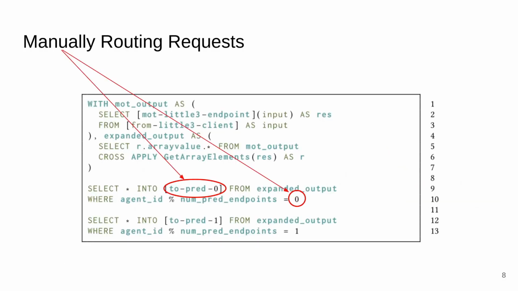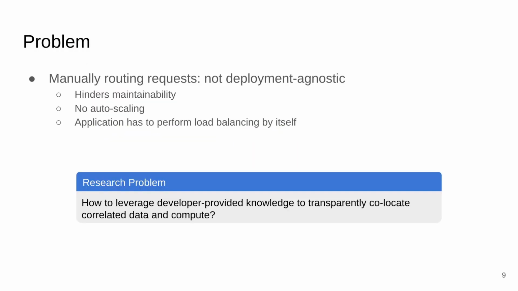And then we tried to do that on our Azure deployment by manually routing the requests to where we knew the data was going to be, because we placed it there manually. So based on the ID of the different actors, like people and cars, we will always send the requests corresponding to that particular one to the same place based on the numbers. And this worked. We got rid of those overheads, but the problem here is that this made our application very